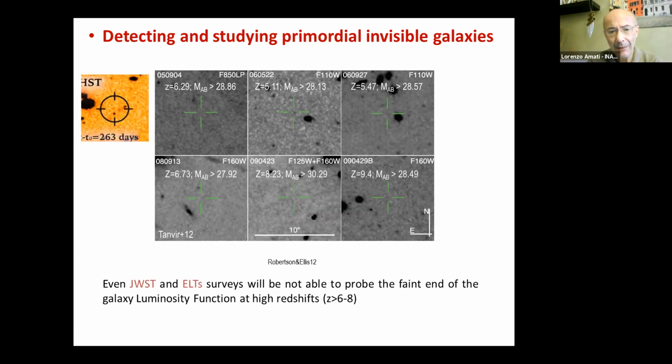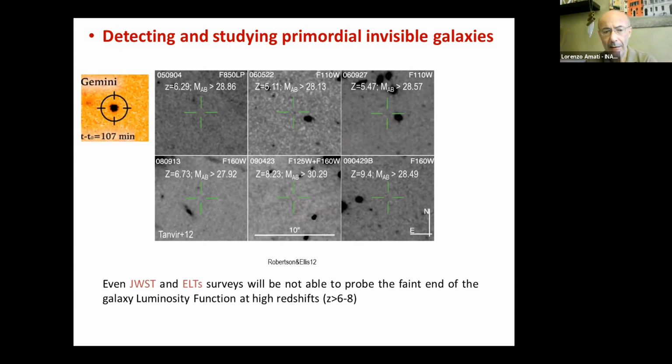So this means that gamma ray bursts are providing us a unique tool, a unique means for detecting, localizing, and making a census of the bulk of the primordial galaxies that are invisible. This means detecting invisible galaxies, galaxies that are below the detection threshold of the Hubble Space Telescope, of the VLT. And this will be true also in the future, of course, down to lower luminosity for the JWST, Extremely Large Telescope, and so on. So the gamma ray burst is providing a unique tool to unveil the bulk of the population of the primordial galaxies.